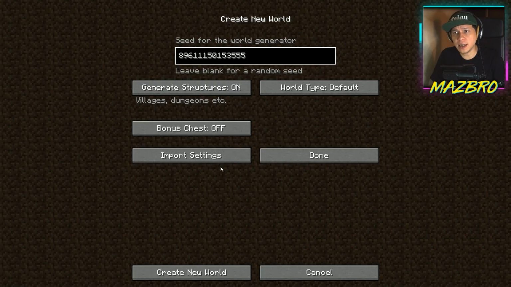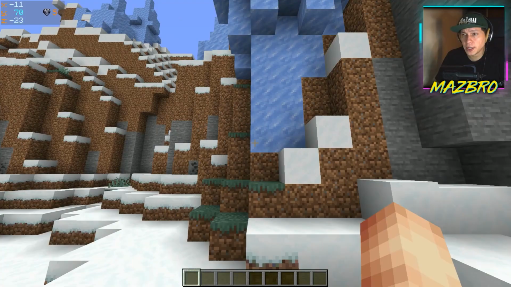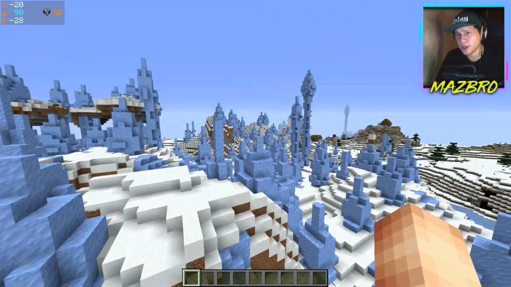Yeah, next up, seed number 5. Right, just a quick peek at the seed map. Pause if you need to, on we go. This here is spawn. To the right, you'll find one village in the distance over there, but the village that